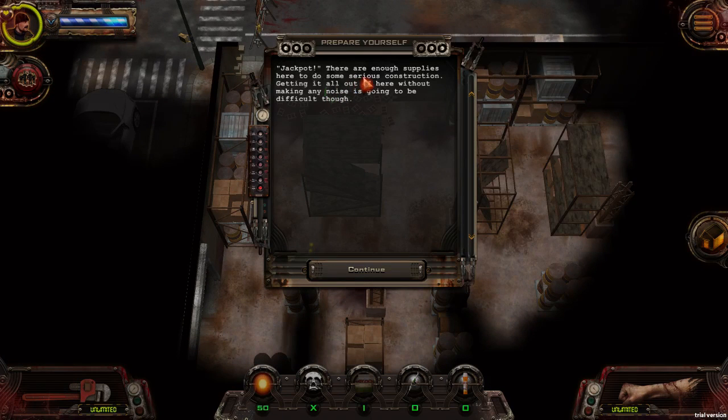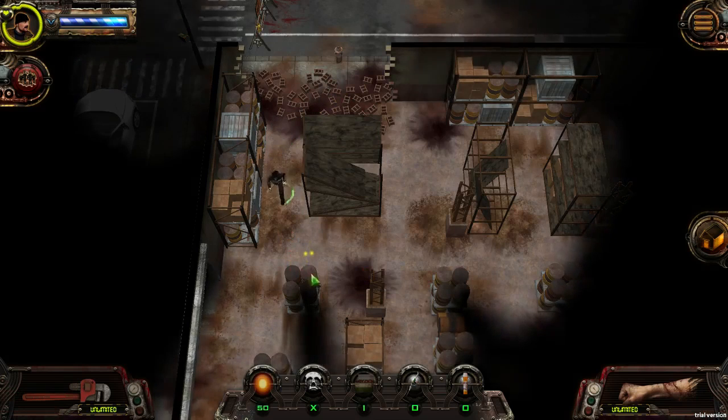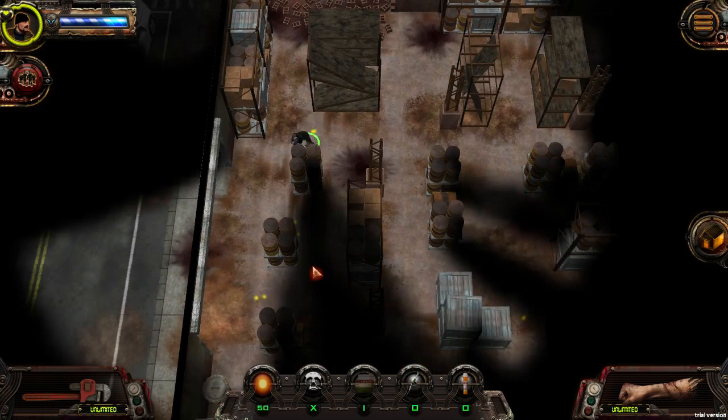Oh, there's the warehouse right there, in fact. Jackpot, there are enough supplies here to do some serious construction. Getting it all out of here without making any noise is going to be difficult though. So that's what we're going to try and do. I'm just going to try and get as much metal scrap and wood, and then we can build barricades and...